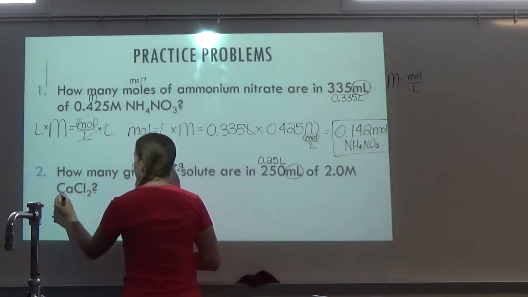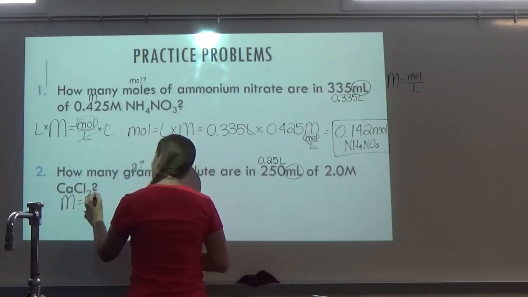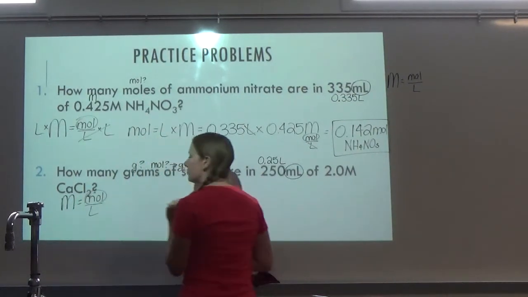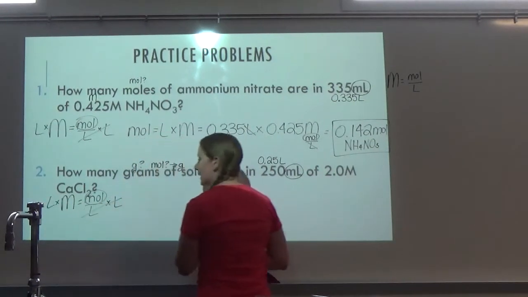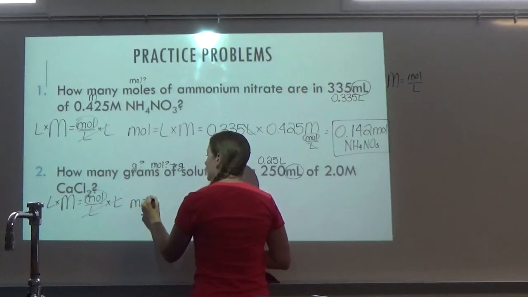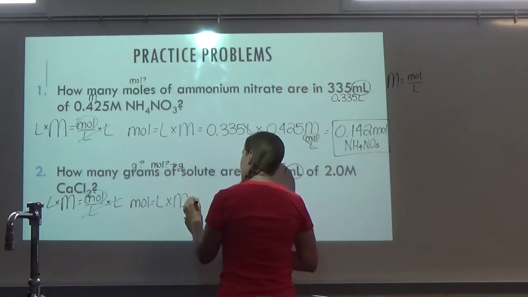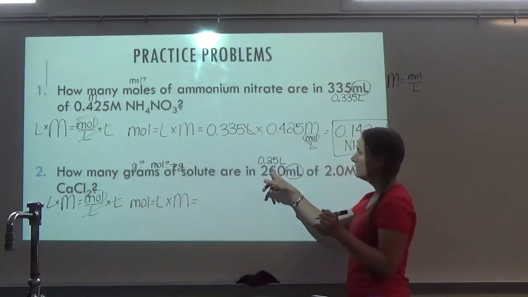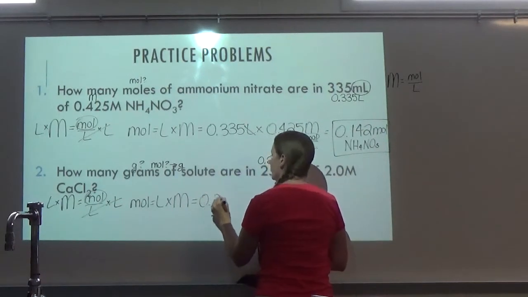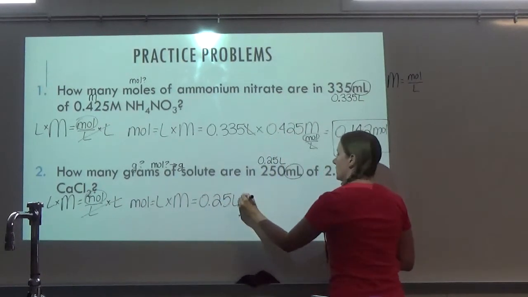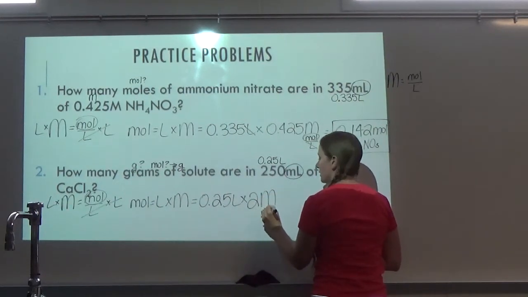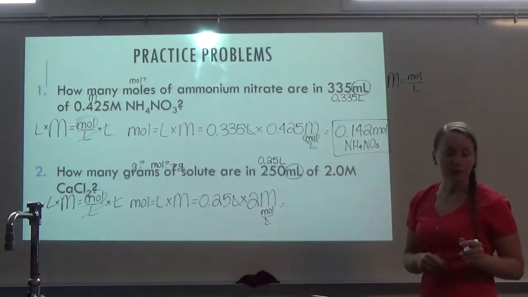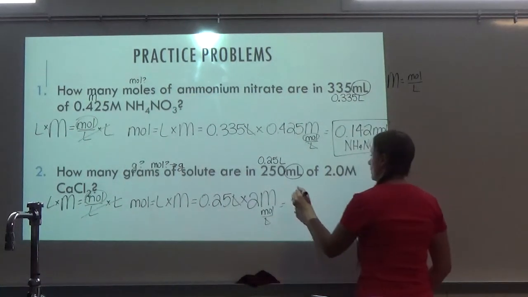So let's go ahead and start. So we have molarity is moles per liter. Again, I'm solving for moles this time. So I multiply both sides by liters so that it cancels. So moles equals liters times molarity. And so then I just plug in. So I changed my 250 milliliters to 0.25 liters, and I multiply by my molarity, which is 2. And remember, molarity is just moles per liter, so you can see those liters cancel. So once I do that, I end up getting 0.5 moles